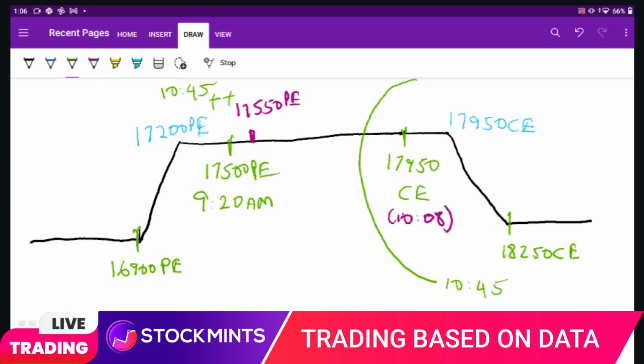But I'll show it over here. So this is also one of the reasons why the 550 put option profit was 18,000 rupees. So we made this adjustment and we stuck to this for some time. And another thing that we did was, on top of this, we bought another